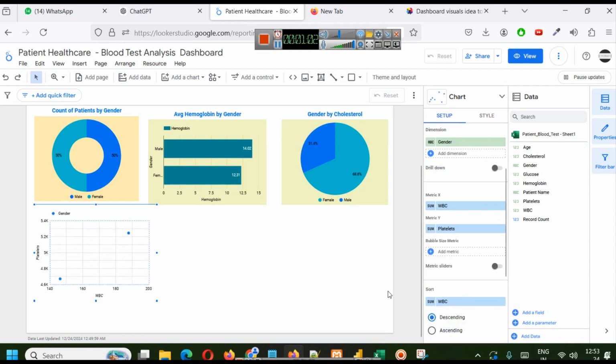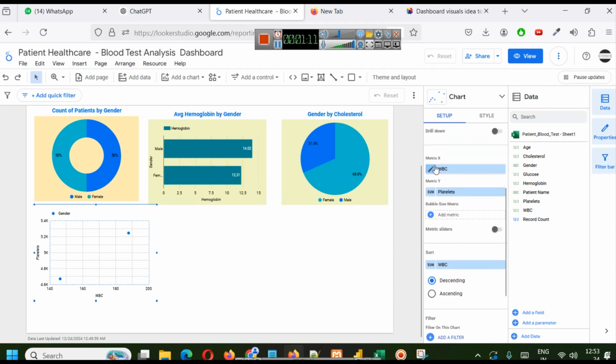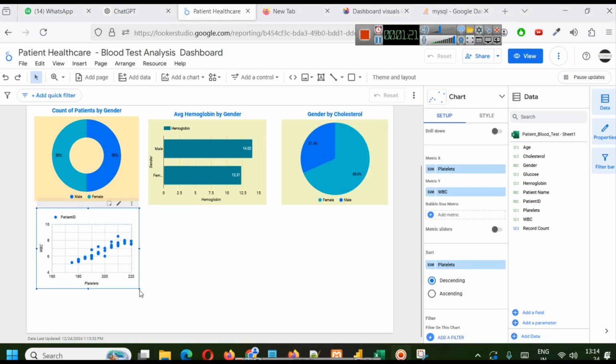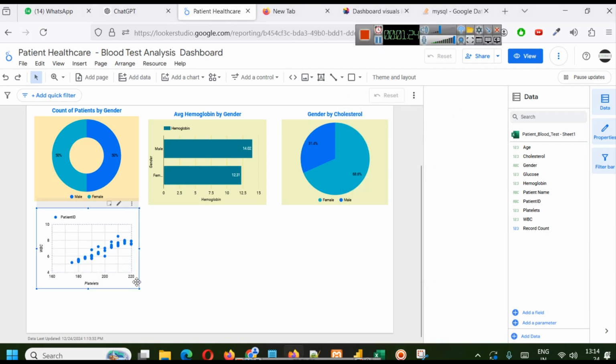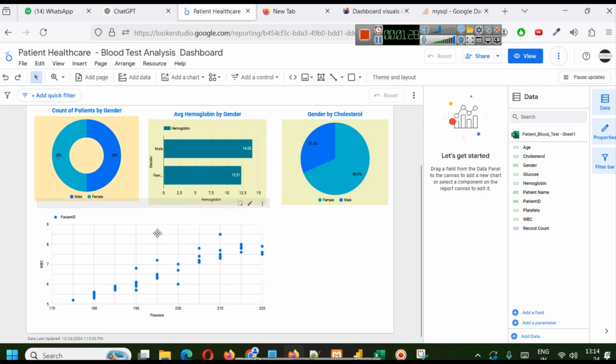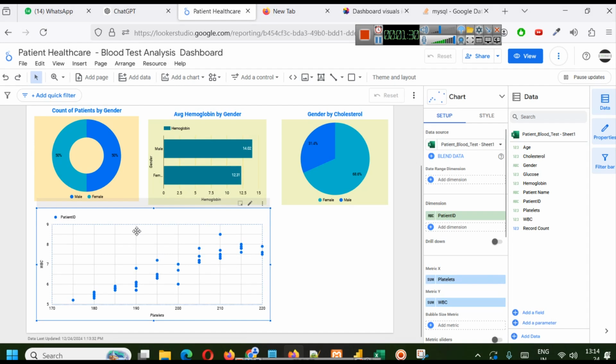When you do something like this, you will always see only two dots here because it summarizes the data. Here we are showing the sum average. We are only seeing the aggregation of data. So here you can see we have platelets versus WBC. I am just zooming it for now. Obviously we are going to style this later, but the important thing to understand here is,